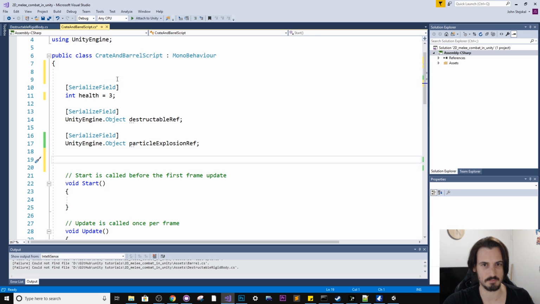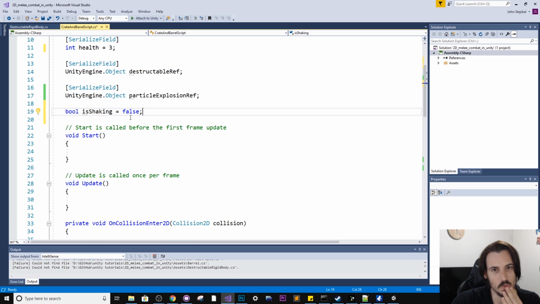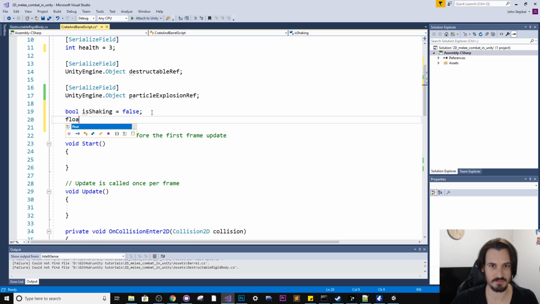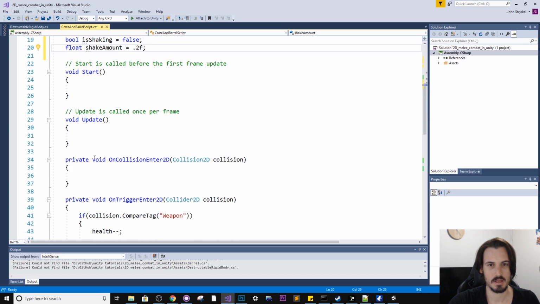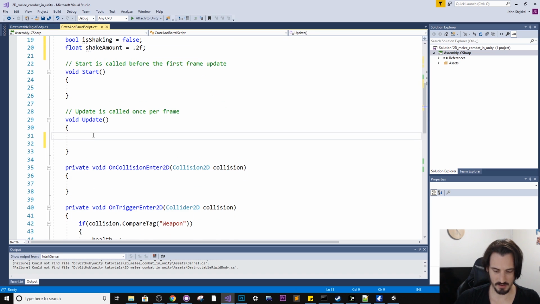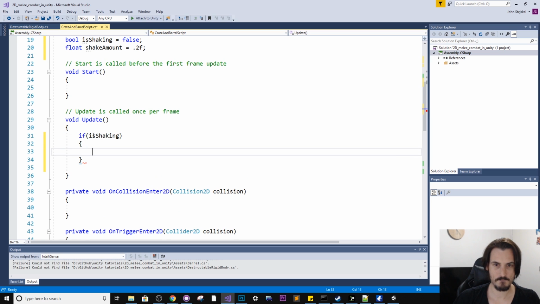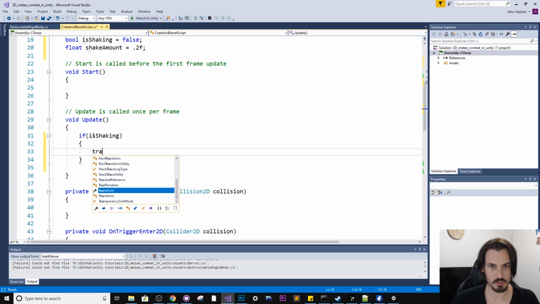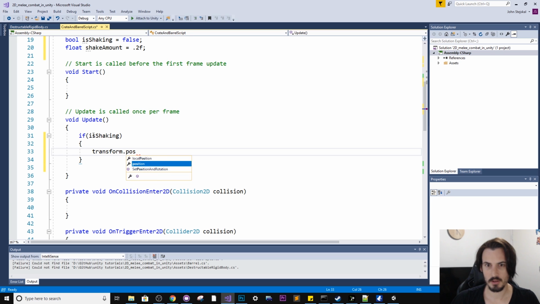It's usually good practice to put the public or serialized stuff at the top. We'll make another property, a float, shakeAmount, I'll say 0.2f. So in the update function, we'll say if isShaking, then transform.position equals